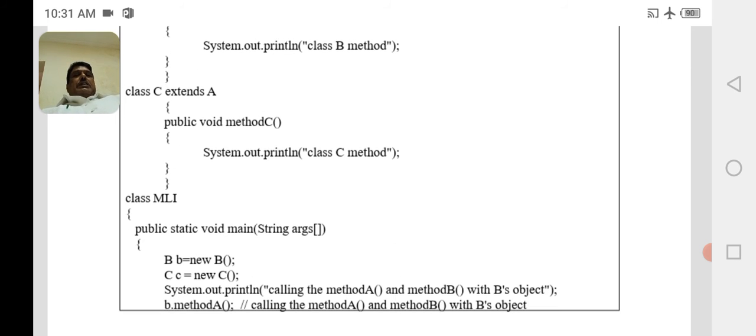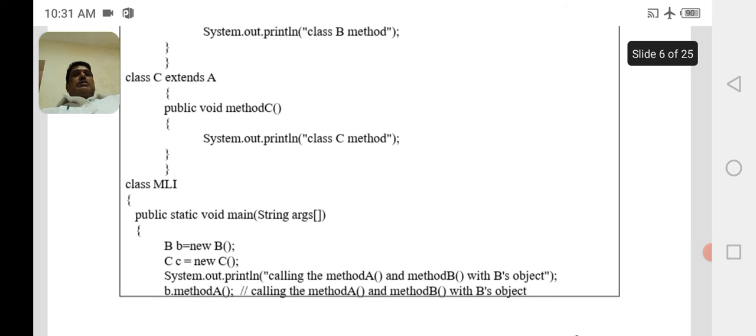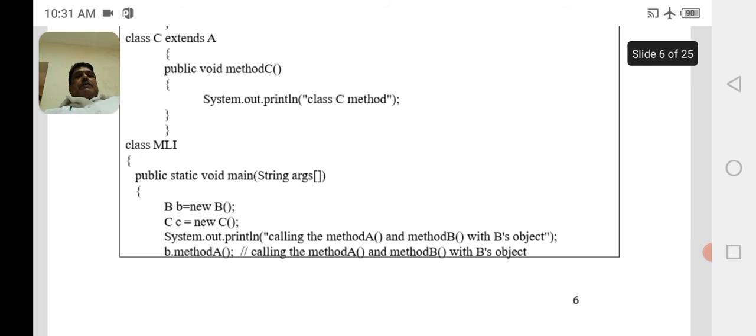To create object reference variables, we need another class MLI, which has public static void main(String[] args). So let us create the object reference variables of the subclasses, that is class B and class C. So capital B, small b equal to new B(), capital C, small c equal to new C().